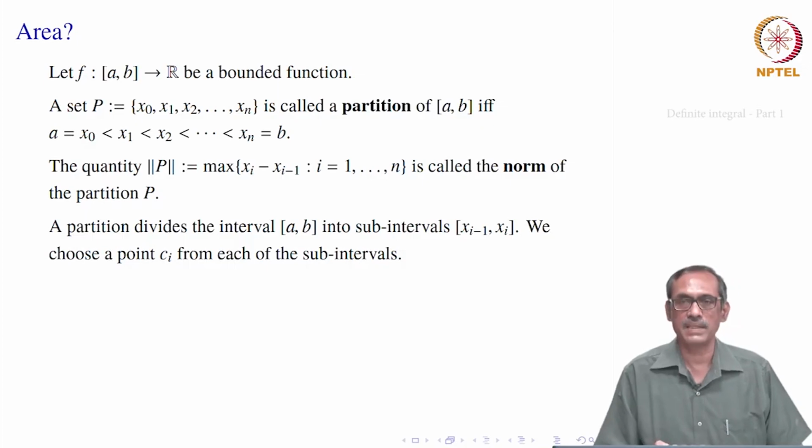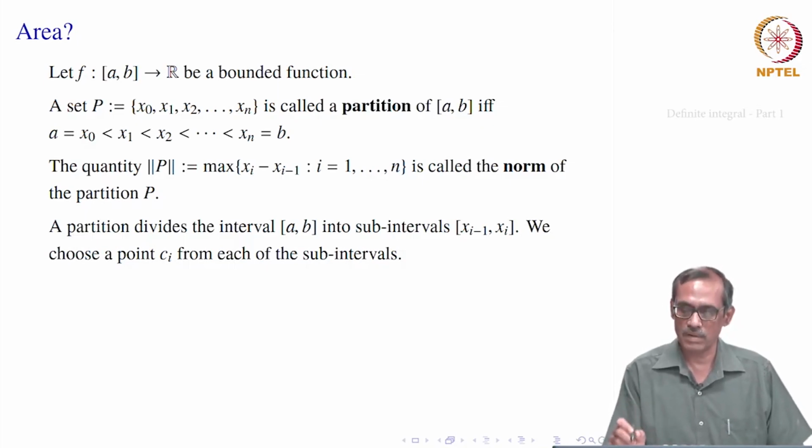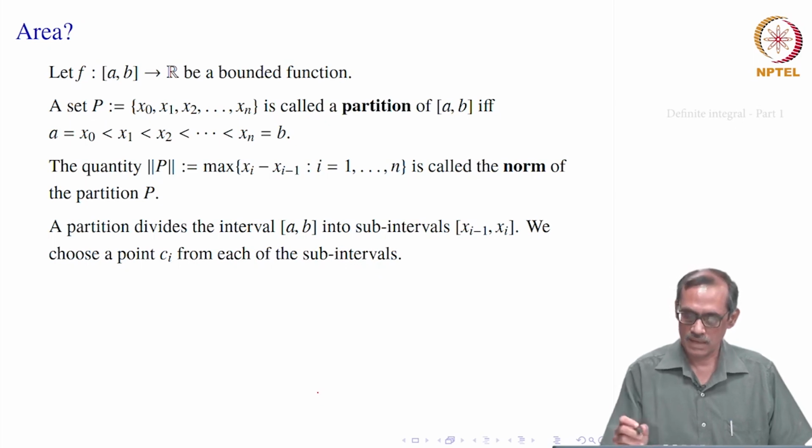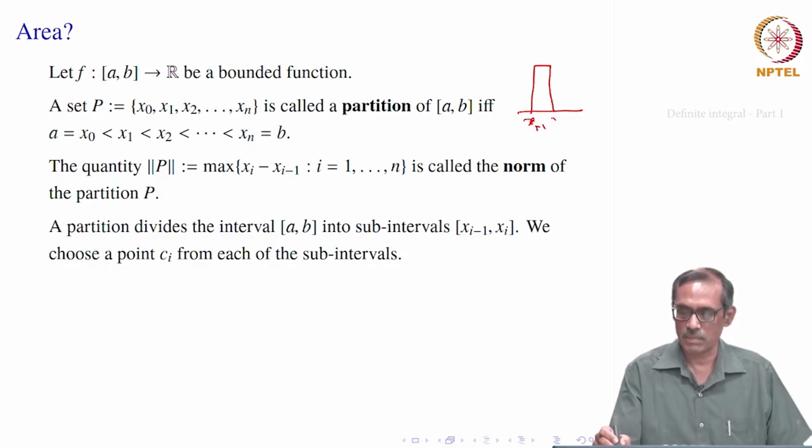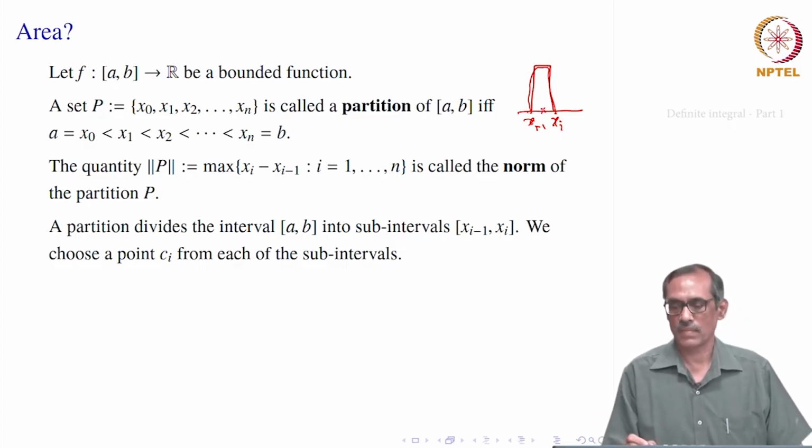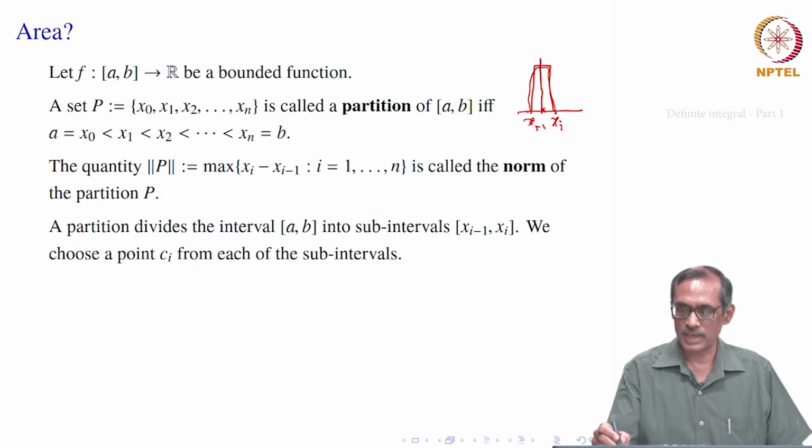Then we see that this partition divides the interval [a, b] into n subintervals. Now, to define the area within the subinterval x(i-1) to xi, where will the rectangle come from? You may choose f of xi times (xi minus x(i-1)), or you may choose f of x(i-1) times the length. In general, we choose another point Ci. About that point Ci, we choose f of Ci and then construct our rectangle.